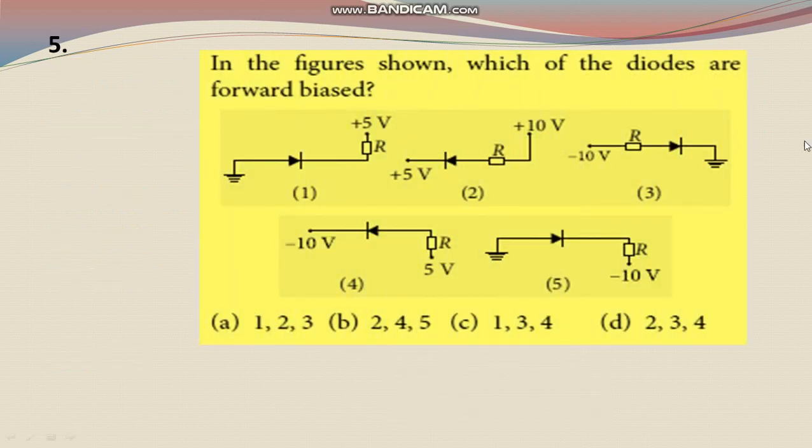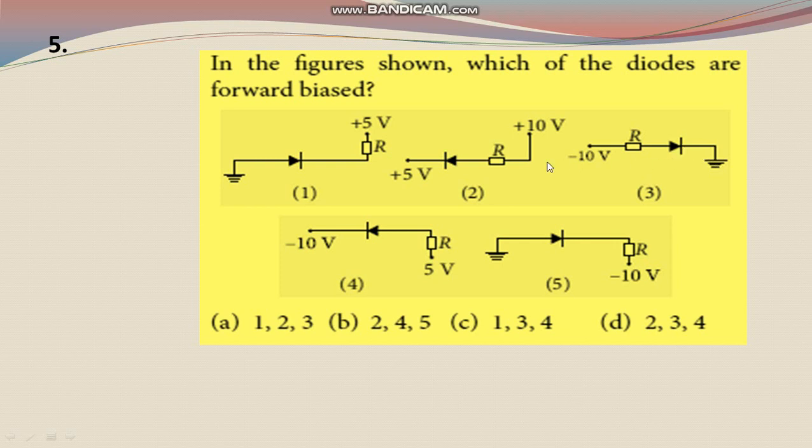In the figure shown, which of the diodes are forward bias? Forward bias means what? See here, this is P and this line is N. P is always necessary to connect to higher potential and N is always necessary to connect to lower potential. So here this is ground 0 and this is higher potential, so this is not a forward bias. See, P is connected to plus 10 volt and N is connected to plus 5 volt, so this is forward bias. Next, minus 10 is connected to P and 0 is connected to N, so this is not a forward